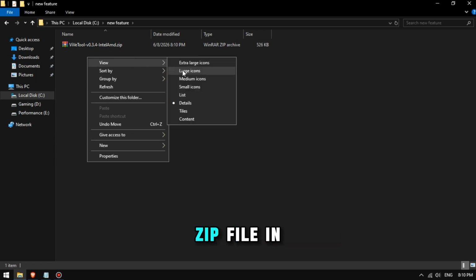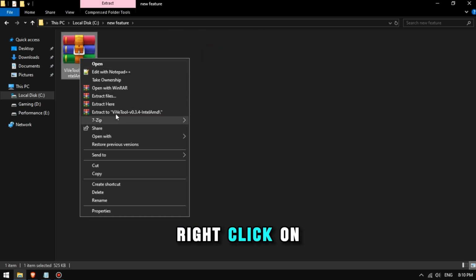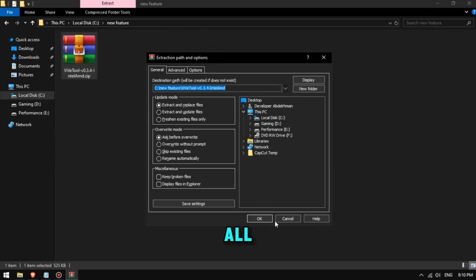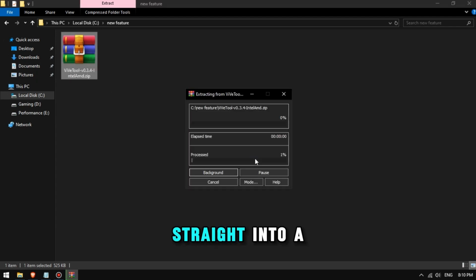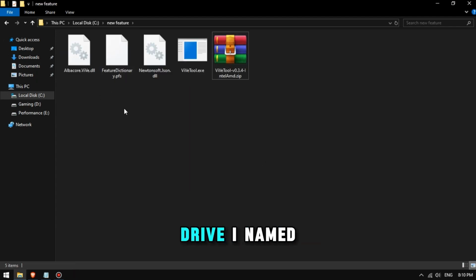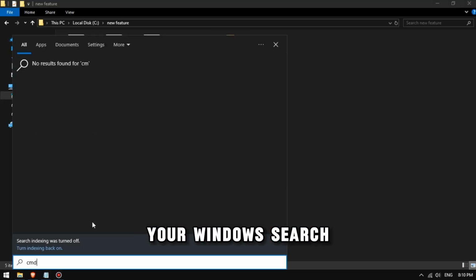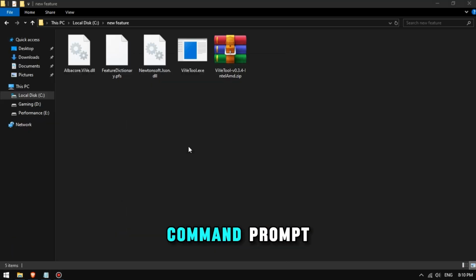Locate the downloaded zip file in your folders, right-click on it, select Extract All, and extract these files straight into a brand new folder on your C drive. I named mine ViVeTool. Now, go to your Windows search bar and type cmd, right-click on Command Prompt and click